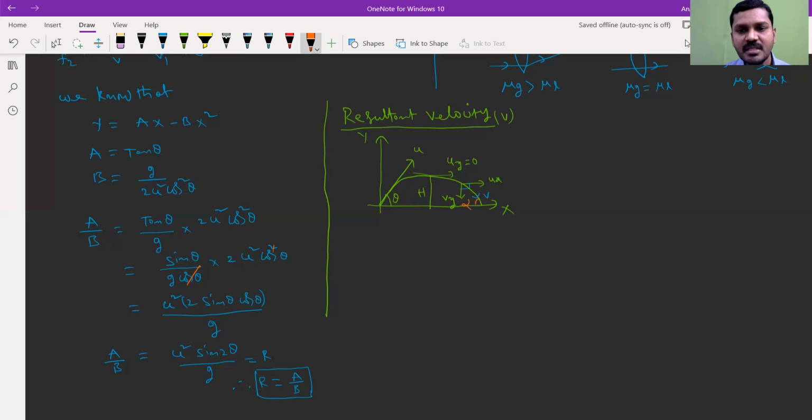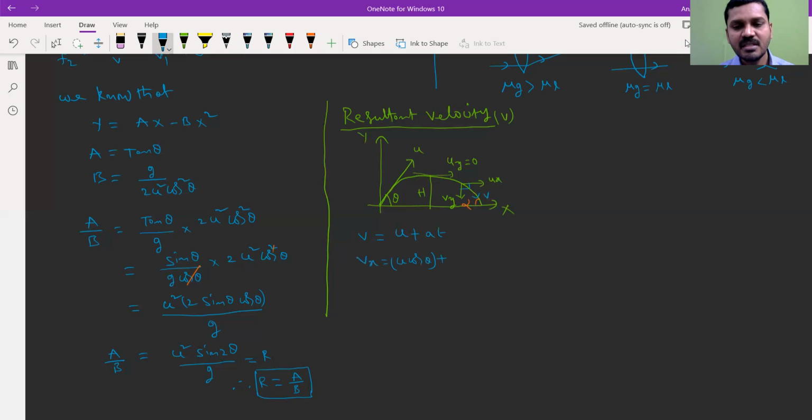Now after time t seconds, I am calculating the velocity of the body along the x direction, vx, and along the y direction, vy. First, the velocity along the x direction. I am using the equation v = u + at. What is the velocity along the x direction? We know it is u cos theta